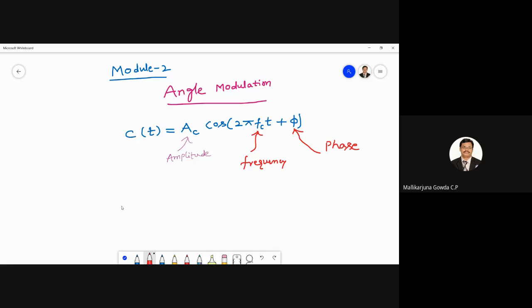So in amplitude modulation, what we used to do